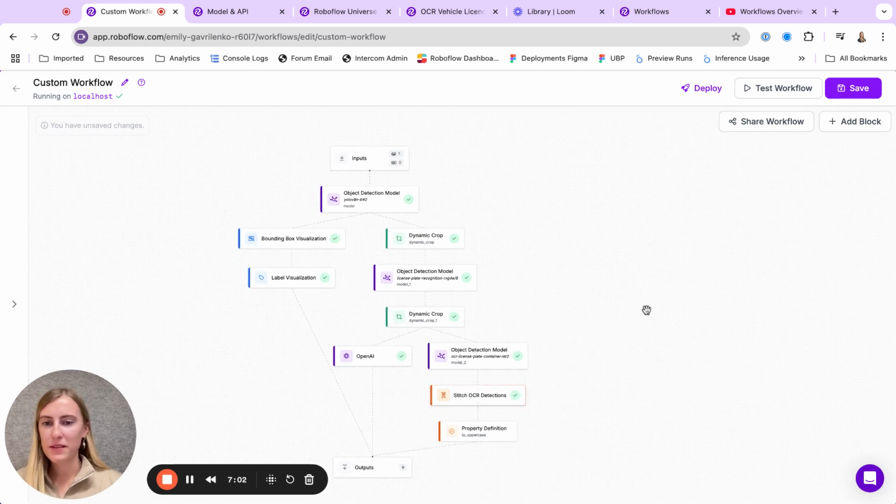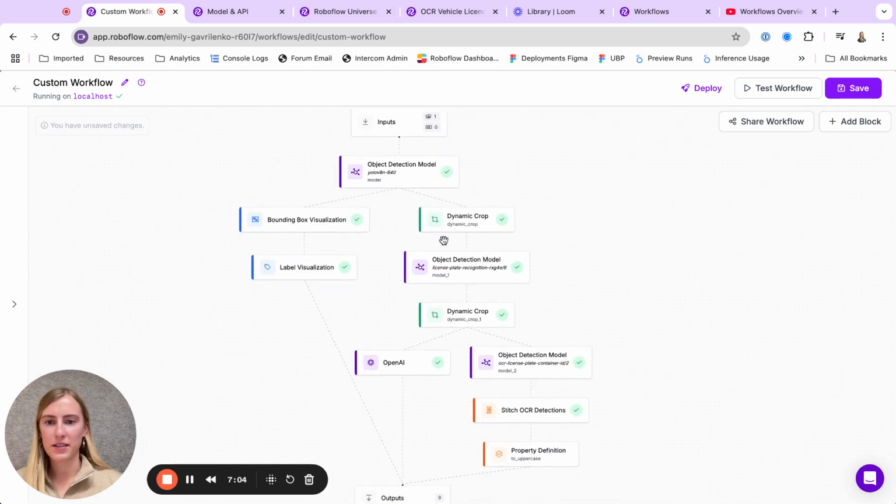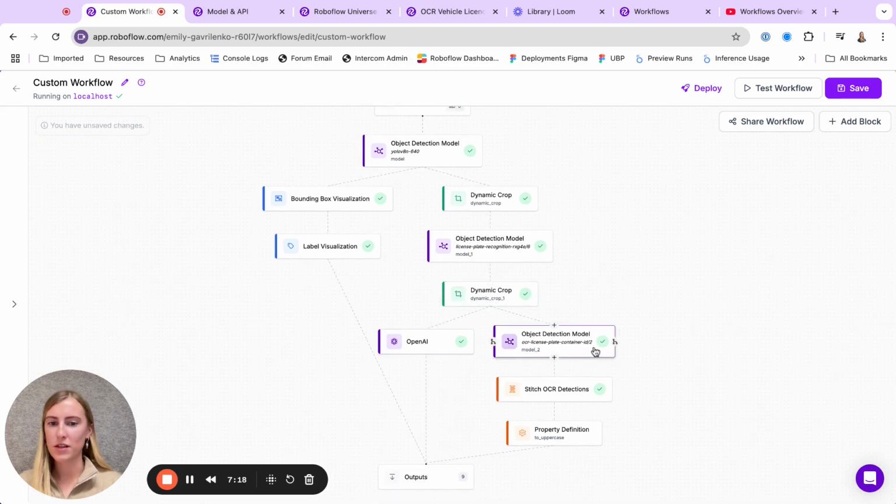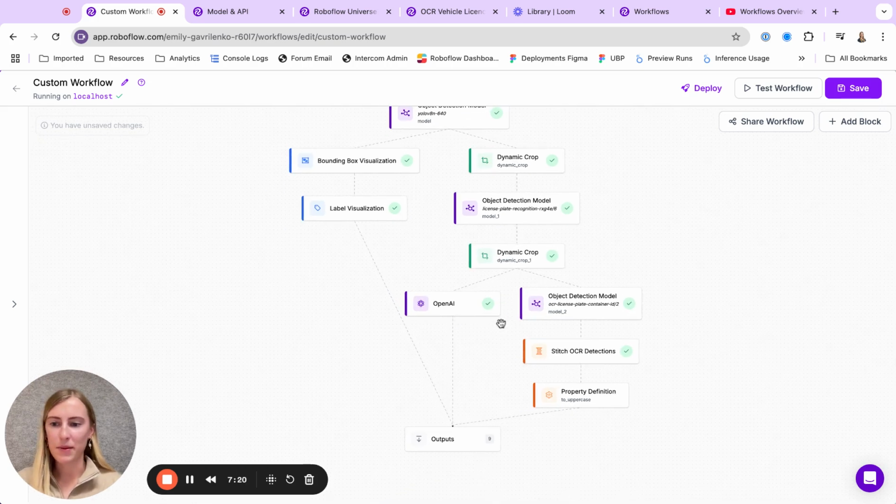To recap what we've built, we have a workflow that runs an object detection model to detect vehicles in an image. It draws a bounding box and a label for every vehicle found, but then it also crops to the cars, finds the license plate, crops to the license plate, and reads the license plate text using 2 different methods. One, by making an API call to OpenAI, and 2, by actually running a custom model that I trained to find and read every single character in my license plate text, and stitching it back together left to right using some of the more